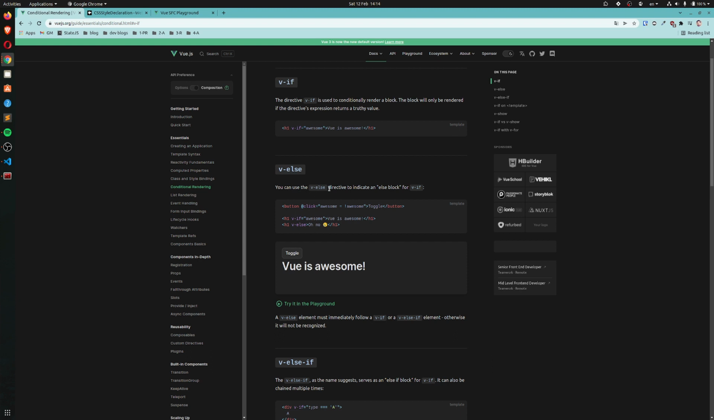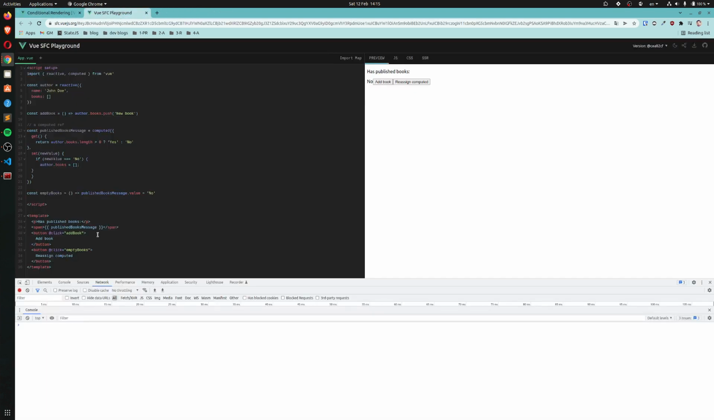v-else. You can use the v-else directive to indicate an else block for v-if. A button click changes the truthiness of awesome. We have a toggle button, then we have an h1 which renders if this is truthy, else if this is falsy it renders this other thing. So if we go here and go into our playground,